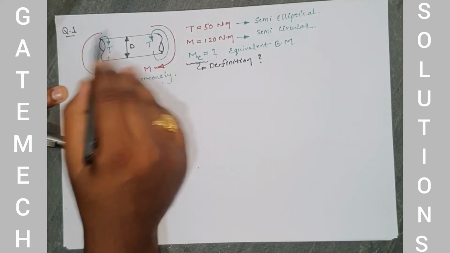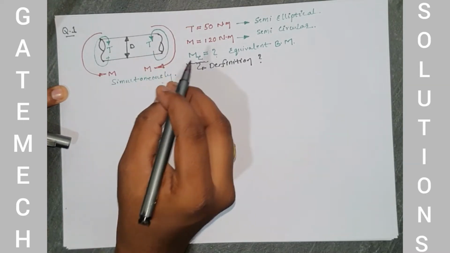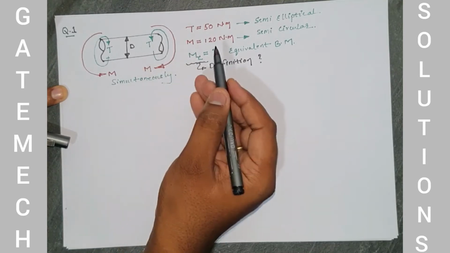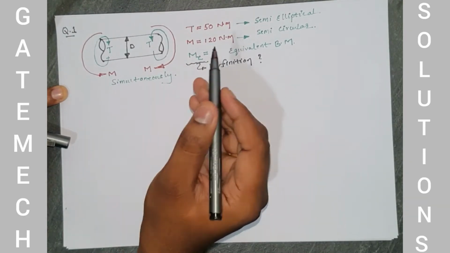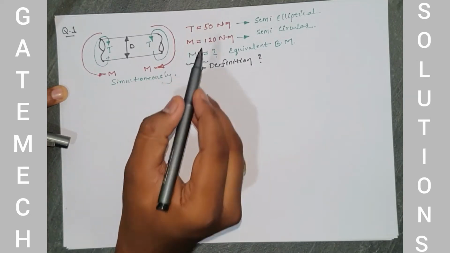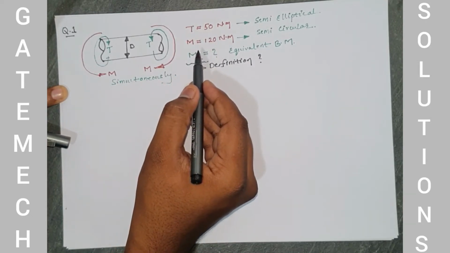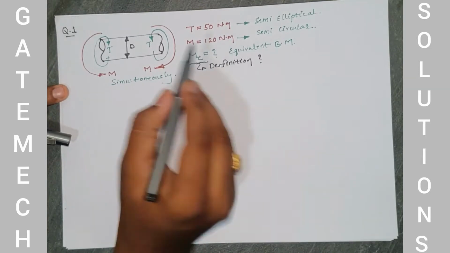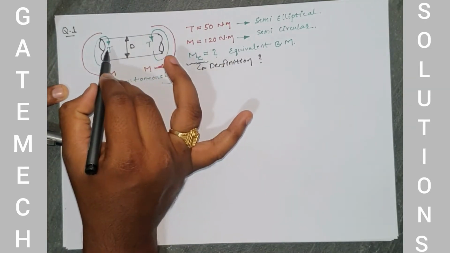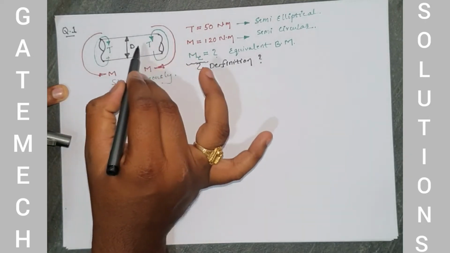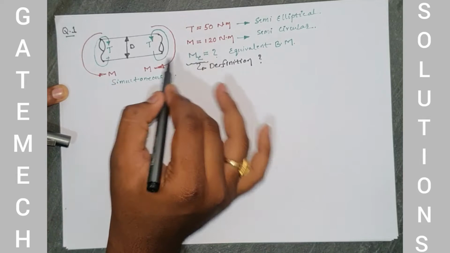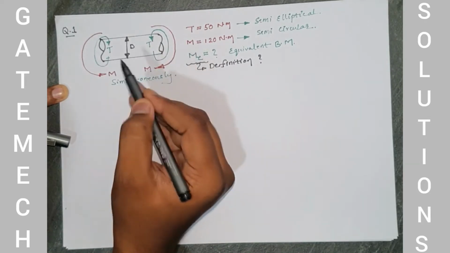Because of this loading, the shaft is subjected to several stresses. If it is only subjected to bending moment, then directly we can apply the bending moment equation, because that will be the case of pure bending. If the shaft is only subjected to twisting moment, then that will be the case of pure torsion. There you can apply the torsion equation. But here, both the twisting moment as well as the bending moment are applied. So we need to take the shear stress distribution because of the torque, as well as the bending stress distribution because of the bending moment. Thereafter, you need to draw the state of stress. Then you need to calculate the principal stresses.